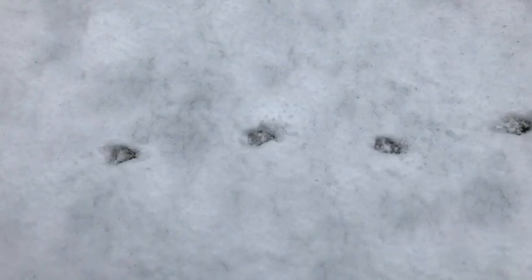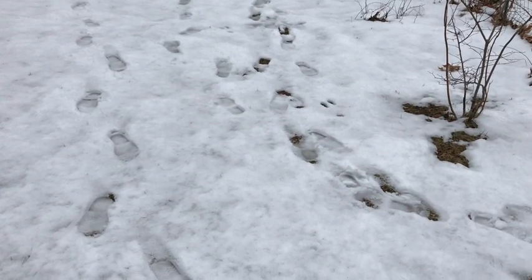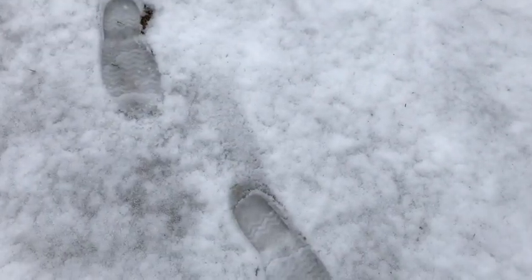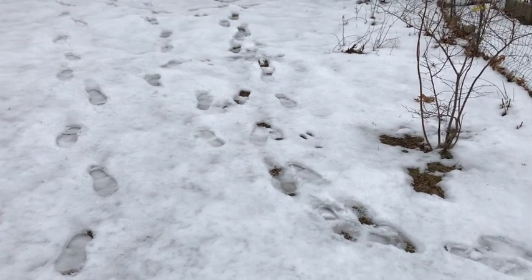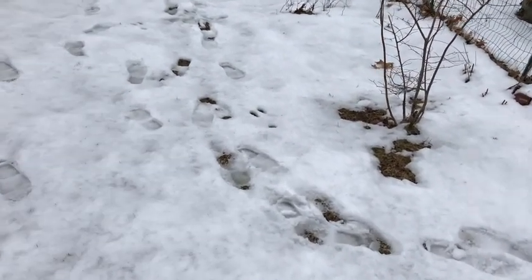While we're outside, I started to notice a few things around me. There's a benefit to all this snow. It allows you to look for who's been visiting your yard just by looking for tracks. So I'm going to go and try to find some tracks in my yard and see who's been around. I can see a whole lot of human tracks out there. These are mine. I can tell by my boot track. This is my boot, and I've been out in the last couple of days, but I also see that somebody else has been visiting. If you look right here,